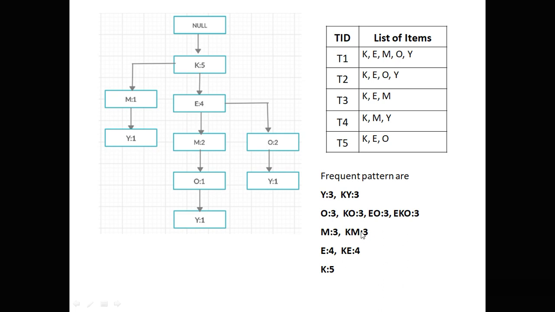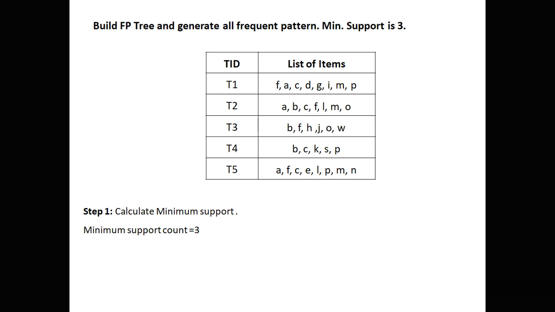So these are the frequent patterns generated. This is the tree and these are the list of items. As our table is very small, we can check that these patterns are present frequently in our table. Take the Y. Y appears 3 times, 1, 2, 3 times. KY appears 3 times, KY, KY and KY. Now for these frequent patterns, we use a particular confidence and we can take only those rules which satisfy the minimum confidence criteria. Now go through the next example.